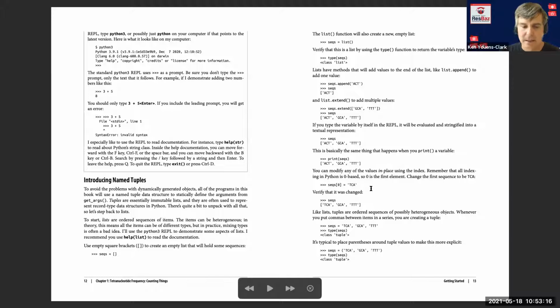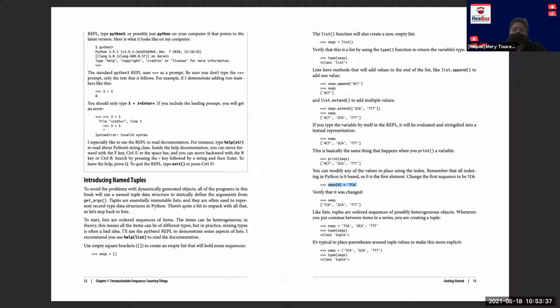Something to know is that in Python, you can alter the elements in a list. And in Python, unfortunately, is zero-based indexing. So the first element in seqs is at index 0. So I can actually mutate that directly inside the list by just setting it to a new value. Whether that's good or bad.